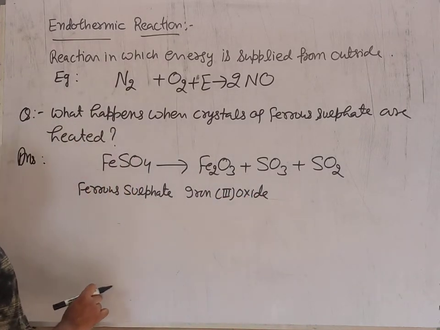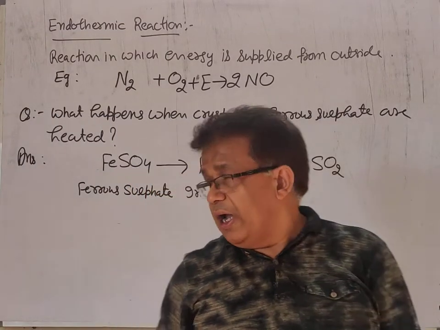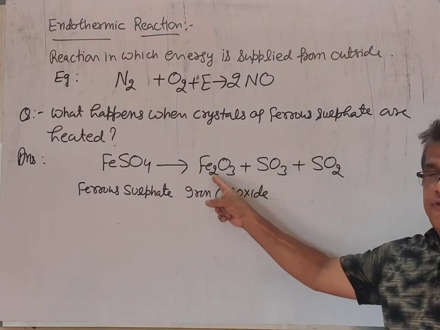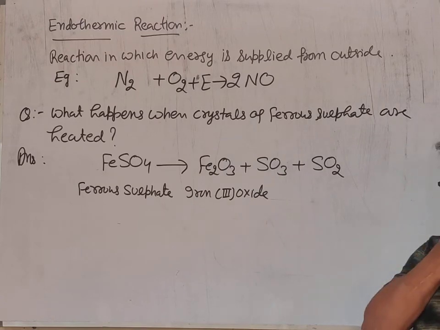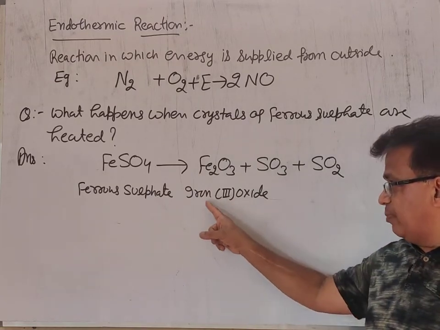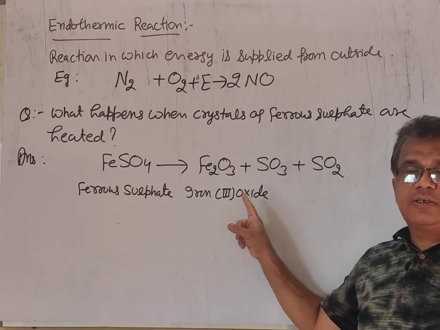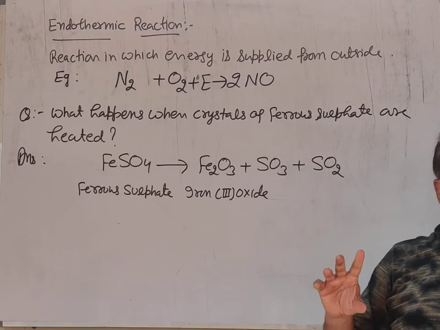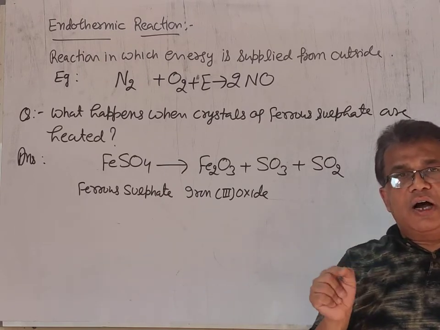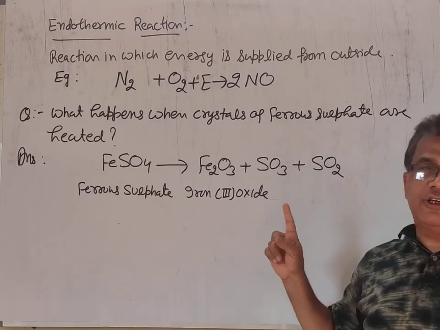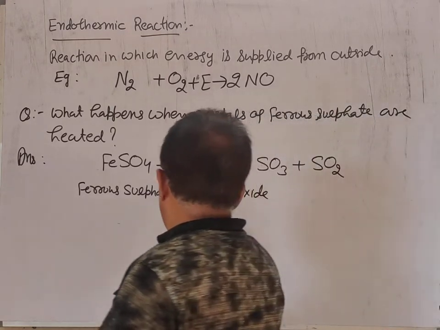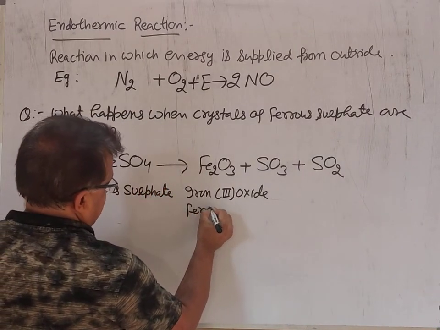You know how we name them? Iron or ferrous has valency 2 as well as 3. If valency 2 is used, then in brackets we write iron(II) oxide. If valency 3 is used, then we write iron(III) oxide. With the lower valency we use ferrous, with iron 3 we use ferric. So it is iron(III) oxide or ferric oxide.